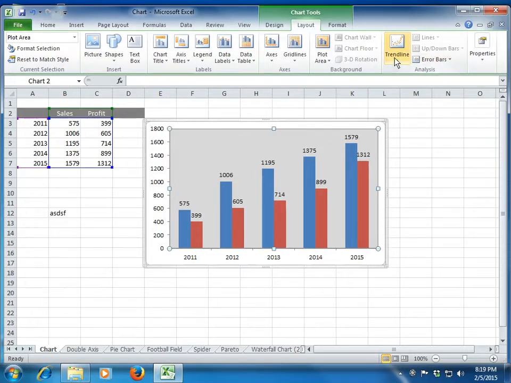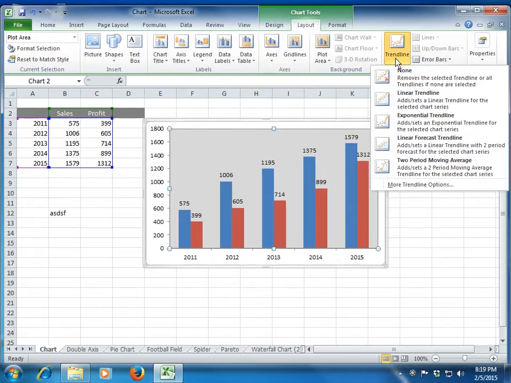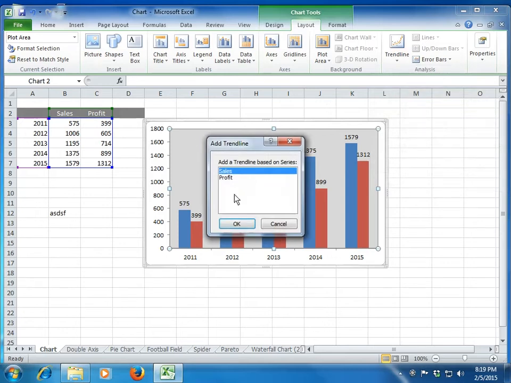Okay, let me explain two more things here. One is the trend line and the other is your error bar. Let's talk about the trend line. This will be more easily understood by a statistics student, or even by all of us, because we have studied this level of statistics at least once in our life. So a linear trend line is nothing but showing you a linear trend.